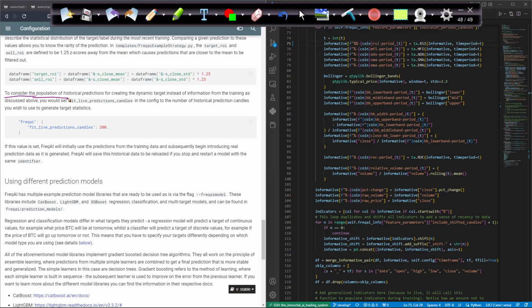So consider the population of historical predictions for creating the dynamic target instead of information from the training data as discussed above. You would set fit_live_predictions_candles in the config to the number of historical prediction candles you wish to use to generate target statistics. So here, see, all this is basically a prediction. Okay,